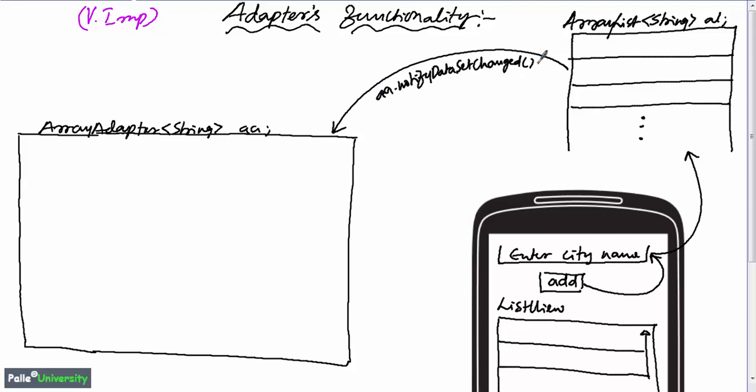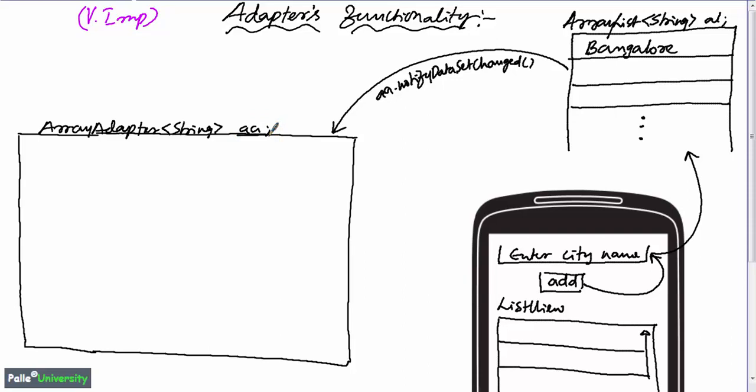Imagine that the user has entered a city, Bangalore, and when the user clicks the add button, that city name Bangalore will be added to the array list, which will appear here.